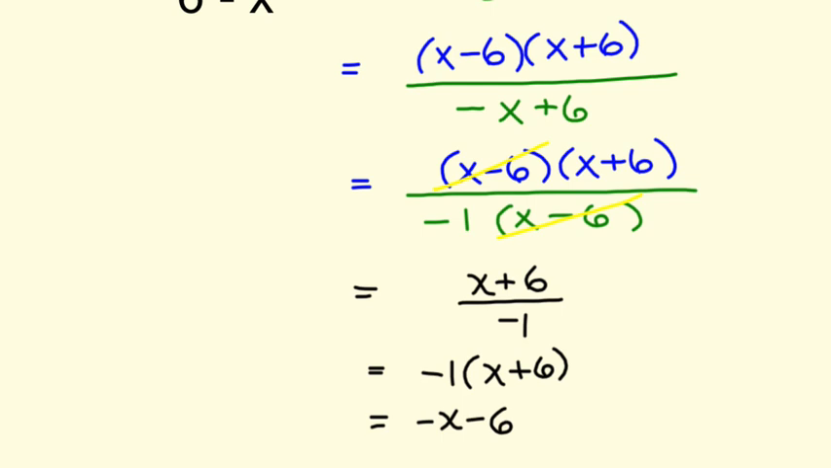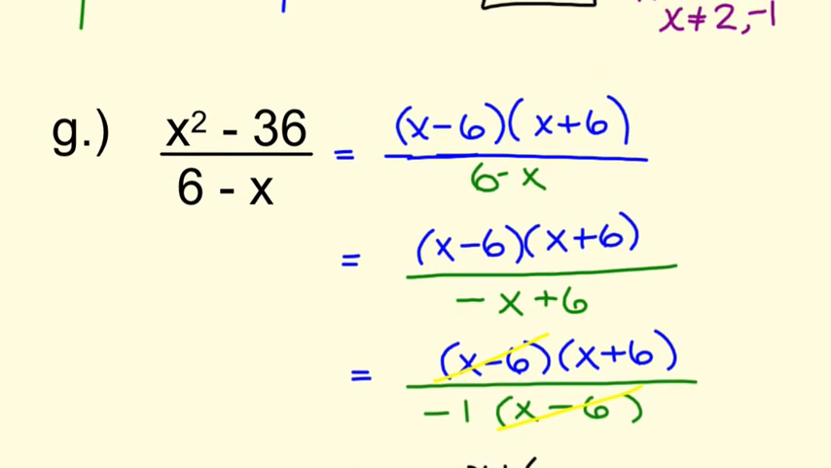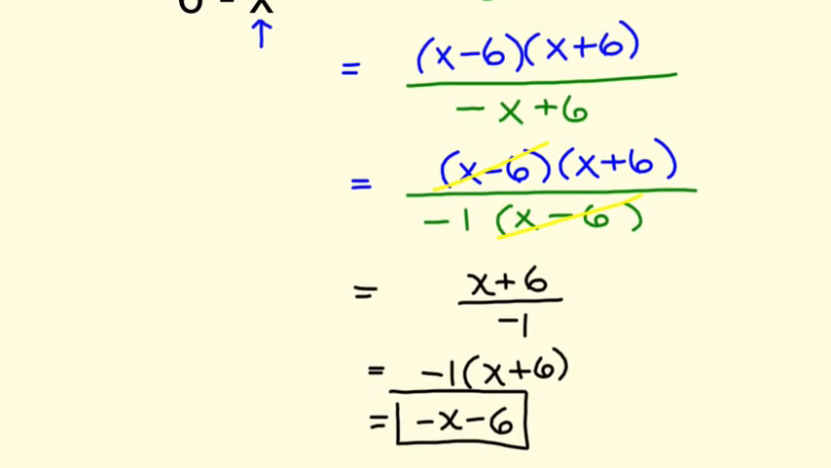Now that's your answer, but now let's go back and talk about the domain restriction. Is there a domain restriction here? Yes. If I go back right here, if I substitute a 6 into that place, 6 minus 6 is 0. So you cannot have a value of 6. So the domain restriction, I'm just going to call it DR for short, is x cannot be